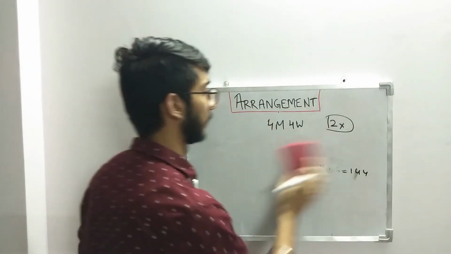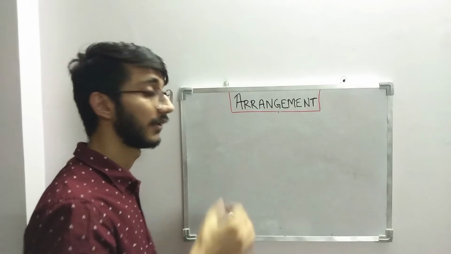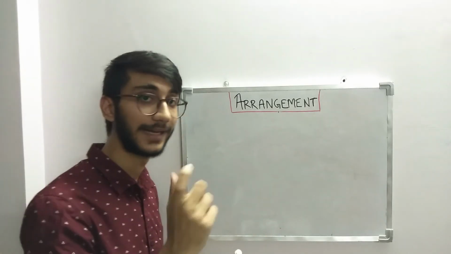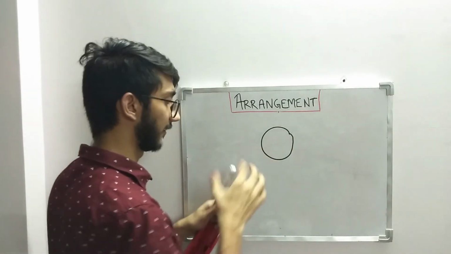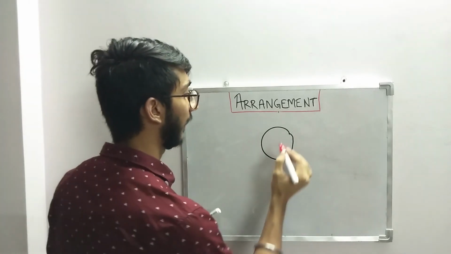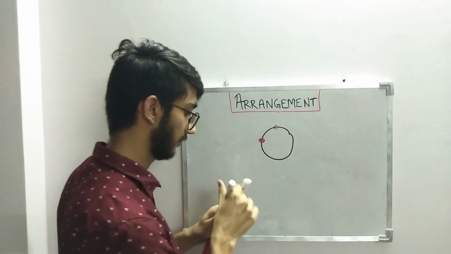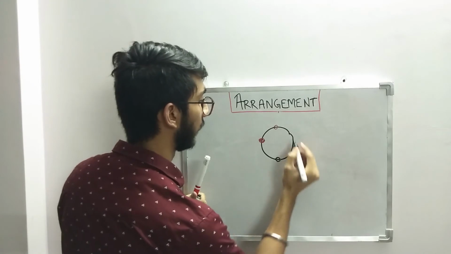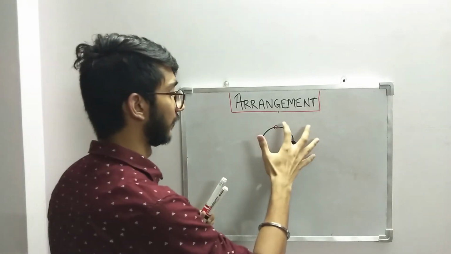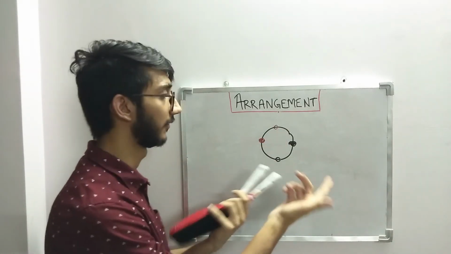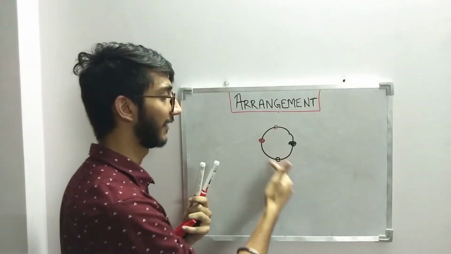Okay. So now this was a circular arrangement, and in circular arrangement there is also another special case, that is of a garland or necklace. Now in case of a garland, or I'll take a necklace, so suppose this is a thread of the necklace and I have 4 beads here, that is one is this, one is this, one is this and this, right? So these are 4 different beads. So if I have to arrange them, if you think about the circular table, you will say that we can arrange them in 3 factorial ways because n is 4, right?